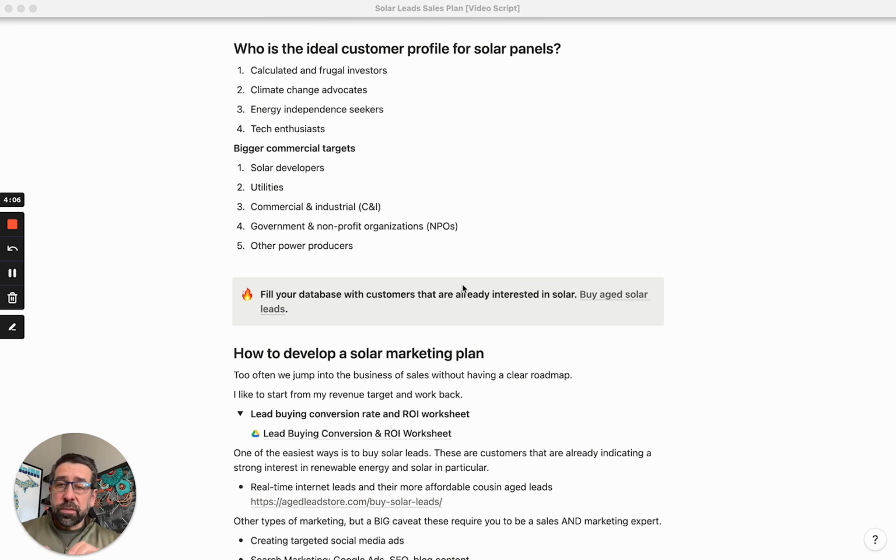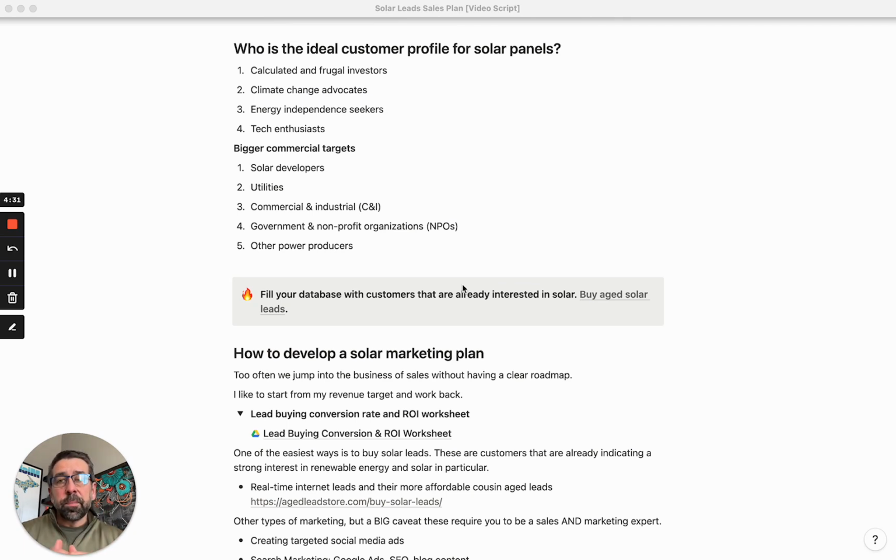The investor, right? Somebody who's dollars and cents, working the numbers, and has figured out that solar makes a lot of sense. It's a calculated, good investment. And so everything that's going to appeal to them is really you going through the numbers, you going through the dollars and cents of adding solar into their